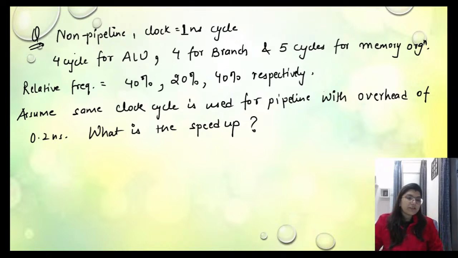ठीक है, यहाँ पे क्या मेंशन किया है? यहाँ पे क्वेश्चन में वो कह रहे हैं कि there is a non-pipeline system, ठीक है, जिसमें जो क्लॉक है that is 1 nanosecond, मतलब एक साइकिल में 1 नैनोसेकेंड, आपकी 1 नैनोसेकेंड साइकिल में आपकी क्लॉक की वैल्यू है. ठीक है, फिर वो बोल रहे हैं कि 4 साइकिल्स जो यूज हुई वो ALU के लिए